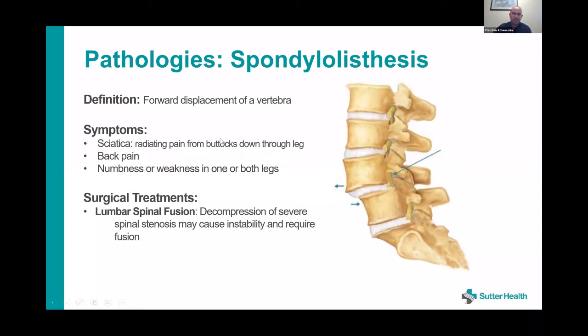Spondylolisthesis is an area where the bone is slipped forward. And you can see here that this bone is slipped a little bit forward on this one. And some people have a fixed spondylolisthesis, and some people have a mobile spondylolisthesis. When someone has a mobile spondylolisthesis, it's an indication that not only does a laminectomy need to be performed, but most likely a fusion should be performed as well, as the chance of causing instability after a partial laminectomy is